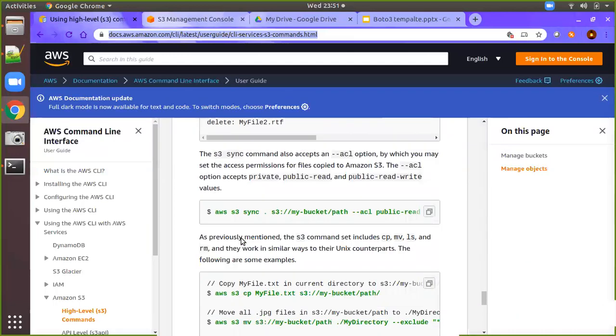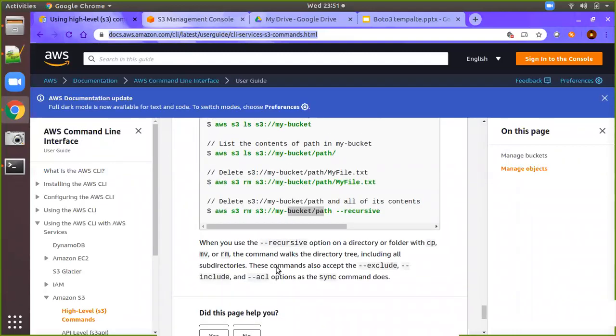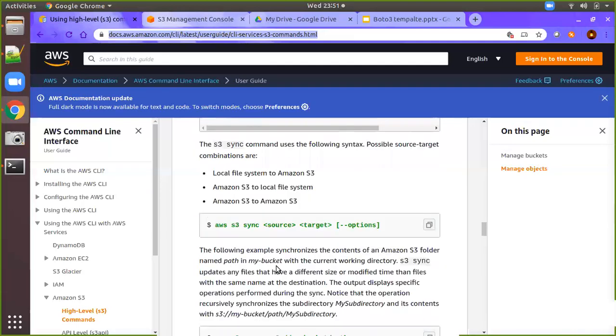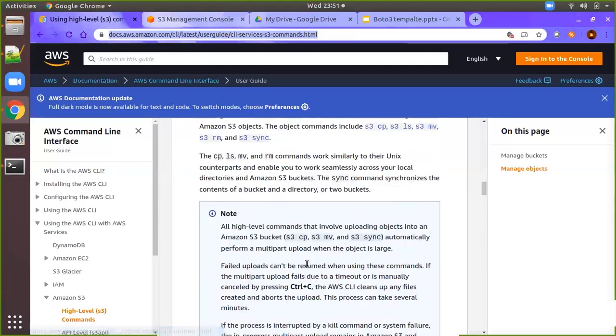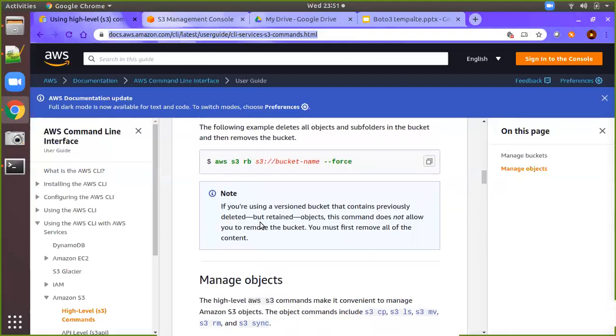And we have some more things, let's say ACLs. ACLs means access control list, you can give the access control list and other things. So I think it will be at the top. So permission grant ID, okay, that we have seen. And manage objects. Here along with S3 CP and LS, we have seen move. Actually we have not seen move. Move is like cut and paste, moving from one location to another location, and sync. So these are the very important commands that you can use in the AWS S3 command line interface.